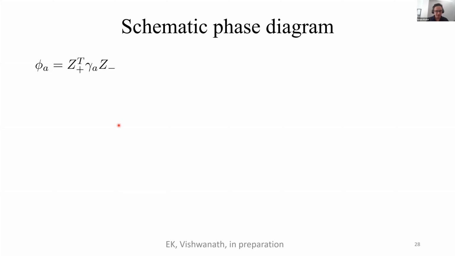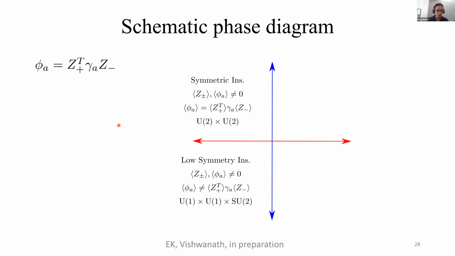And let's see what phase diagram we can get. For the insulator, it turns out that we can get not one, but 2 possible insulators. So we are condensing this Z plus minus, but also this phi variable, giving them non-vanishing expectation value. But there's 2 ways we can do this. We can do it in a way where the expectation value of phi is tied to the expectation value of Z, or we can do it such that they're independent, so their magnitudes are not related.